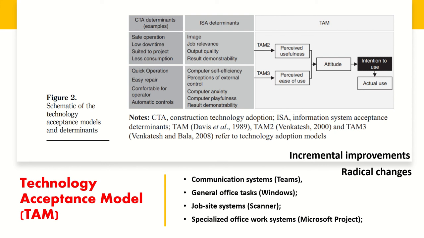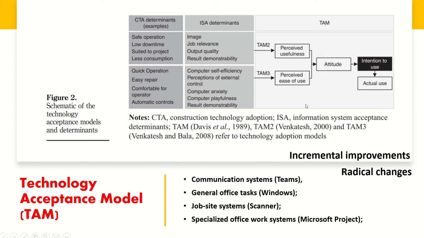One of the most reliable models is the technology acceptance model called TAM. TAM has main constructs or measures as shown in the figure, such as perceived usefulness, perceived ease of use, and their effect on users' attitude and intention to use. These constructs are considered as predictors of the actual technology use as shown in the figure.